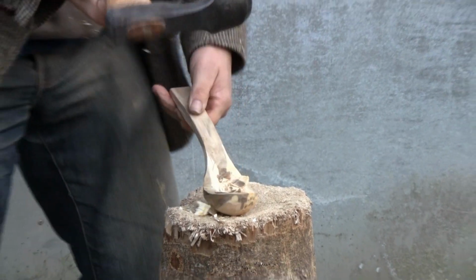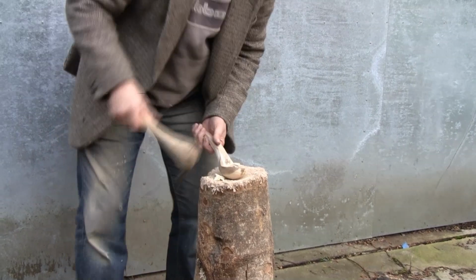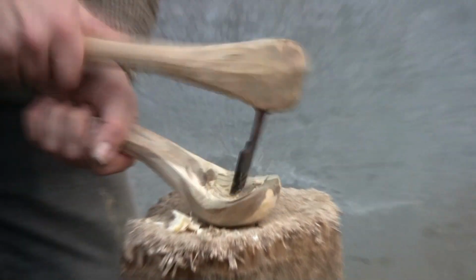Right, I'm actually running out of room. The radius is far too big. So I go over to my little